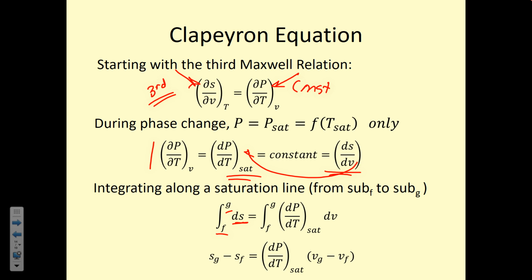to find this change in entropy, it's the integral of this relationship between how the saturation pressure is related to the saturation temperature, that slope of the line, times dV. So this would be our equation for that. Once we integrate, Sg minus Sf is equal to that slope of the line between saturation pressure and temperature. And this could be for water, could be for refrigerant. That slope is going to be different depending on what